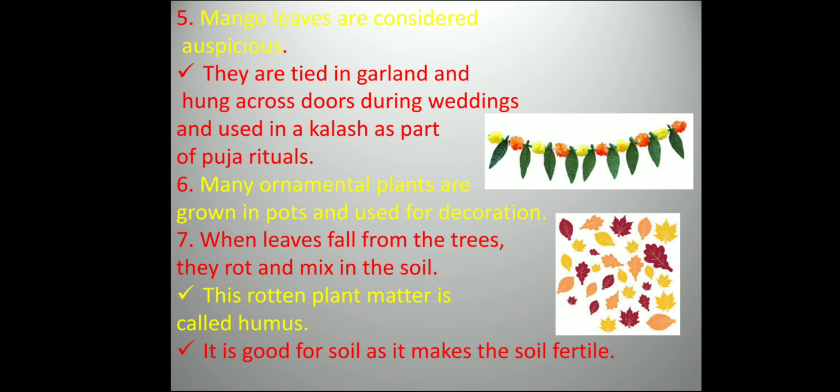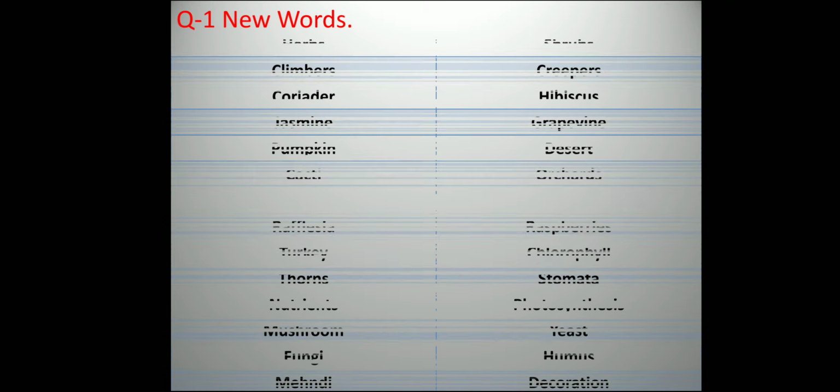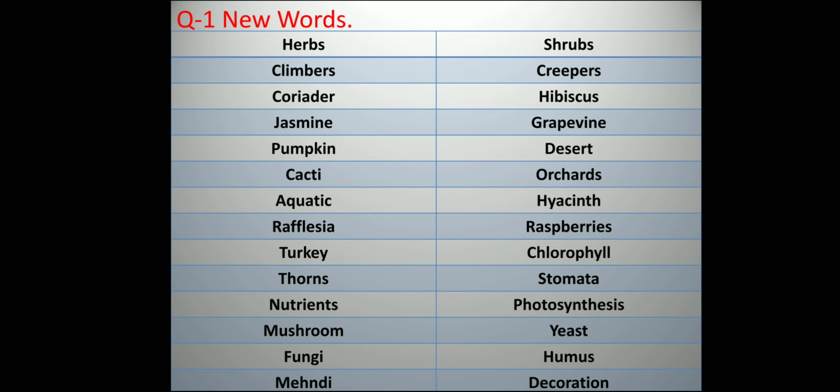These are our unit number 4. Now let's move to our exercise. Question number 1 is the new words. HERBS, climbers, CORIANDER, JASMINE,